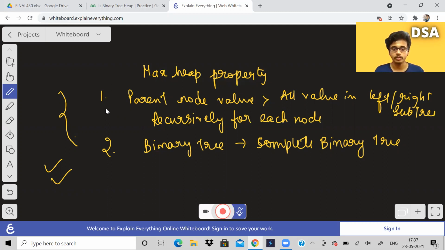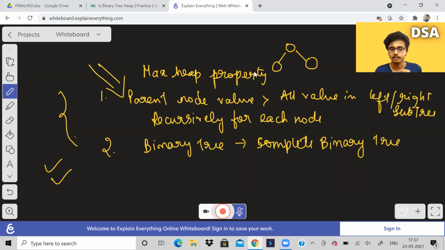How do we check for the first property? It is actually sufficient to check at each and every node, if that node has children, whether the child's value is greater than or equal to the parent, and then we return false.